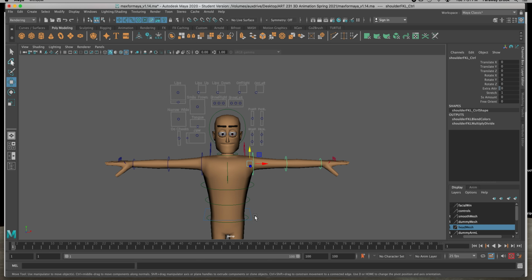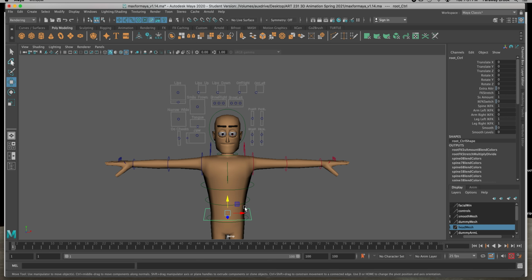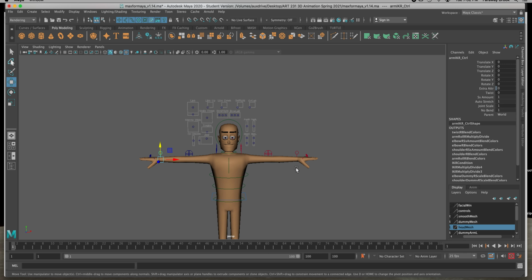And so I'm going to activate that by clicking on the big square ring or box around the waist, which has a number of extra channels here in the channel box. Those channels include the inverse kinematics for the arms and the legs. The legs are already set the way I want them, and I'm going to set the arms. I'm going to turn these zeros on the arms to ones, and you'll see that it changes the controller set. Now I've got these wrist controllers instead, and that's what I want to use